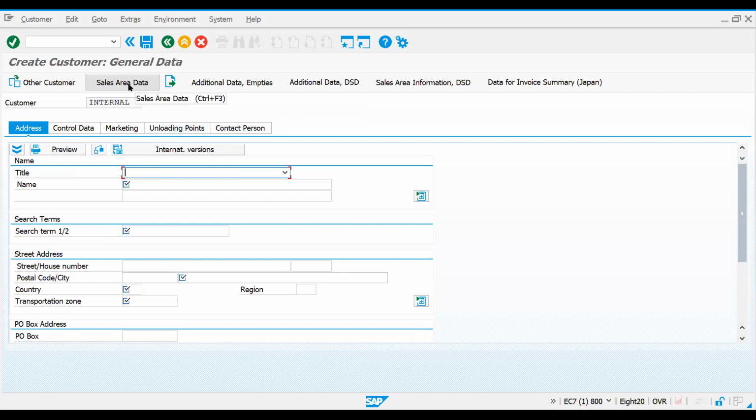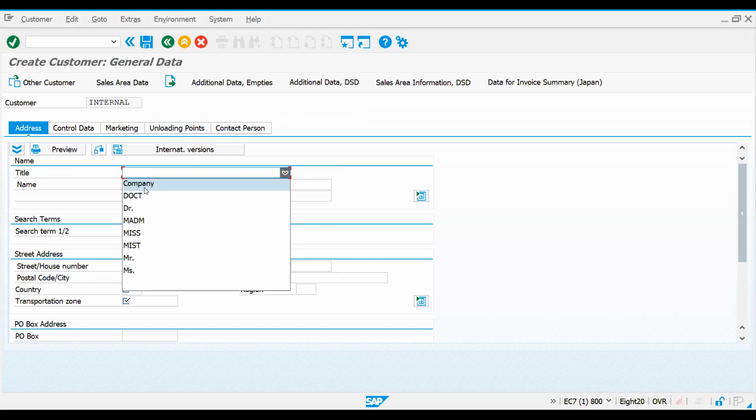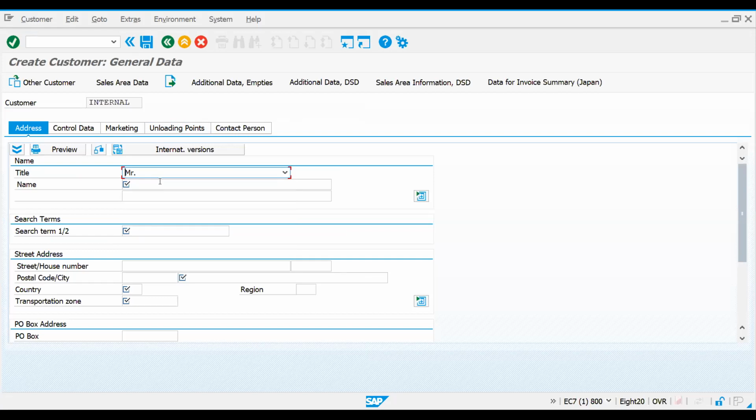Here you can see only sales area data. Let me quickly fill some data, whatever I filled previously. I'm not going to create this one. I just wanted to show the difference between your XD01 and VD01.